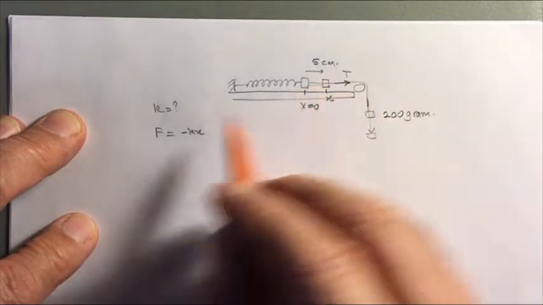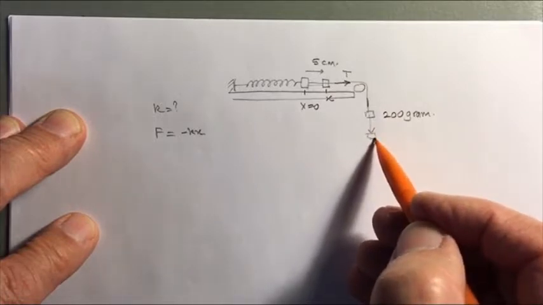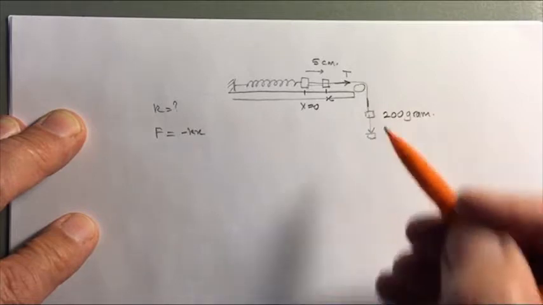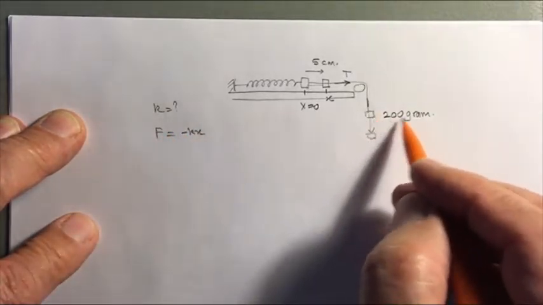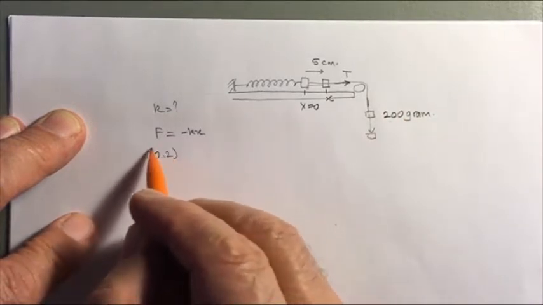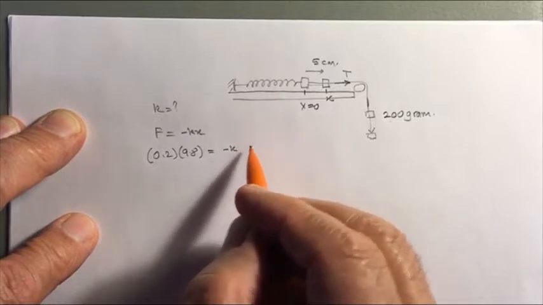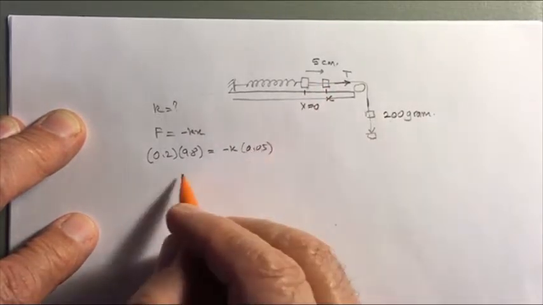Well, this is good if you allow it to come down slowly and then you stop it over here. It's not an oscillating kind of situation, so you just slowly let it come down. So the force is simply the weight, which is 0.2 kilograms times 9.8 meters per second square. It's minus k times x, and x is 0.05. And so k